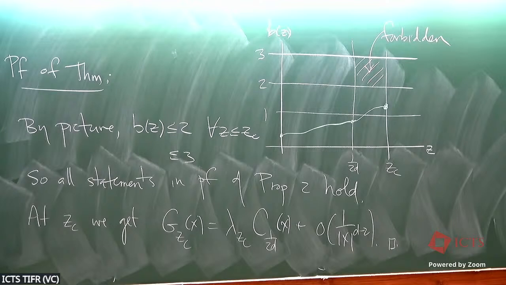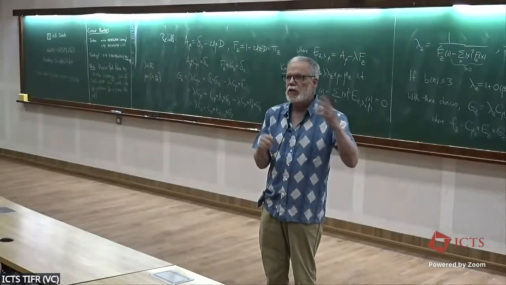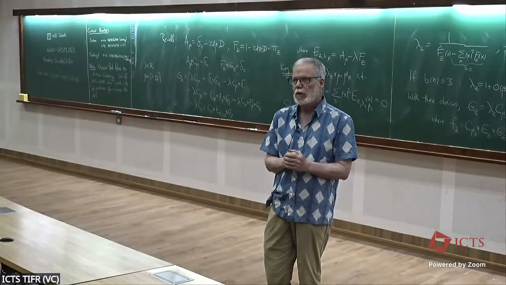So this proof generalizes in many ways. In particular, as I mentioned earlier, the statement of the theorem has been proved for strictly self-avoiding walk in all dimensions greater than or equal to 5. The little o there can be replaced by big O of 1 over x to the d minus epsilon for any epsilon positive. It's been done for percolation in high dimensions, Ising, many other models.